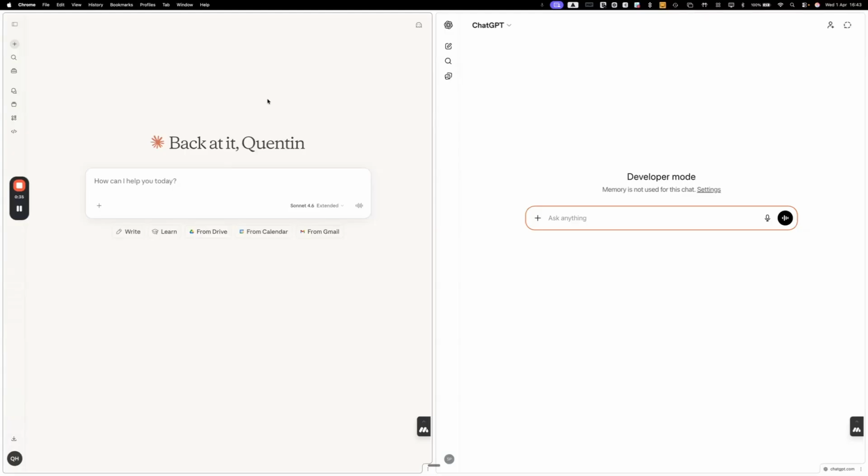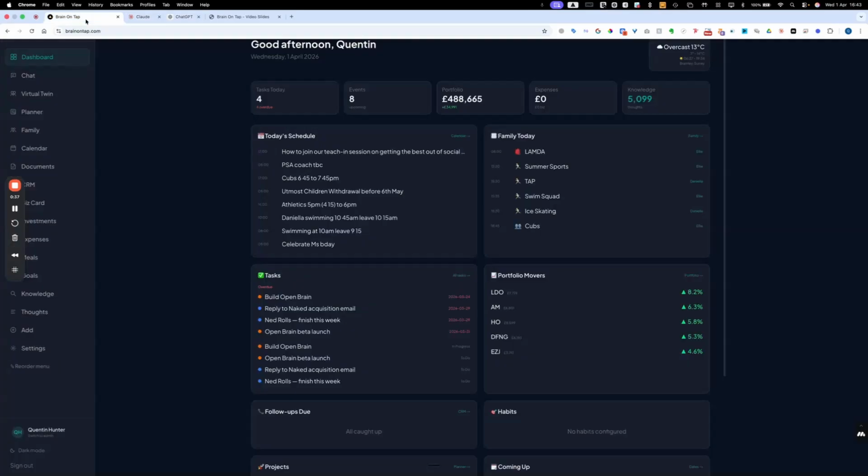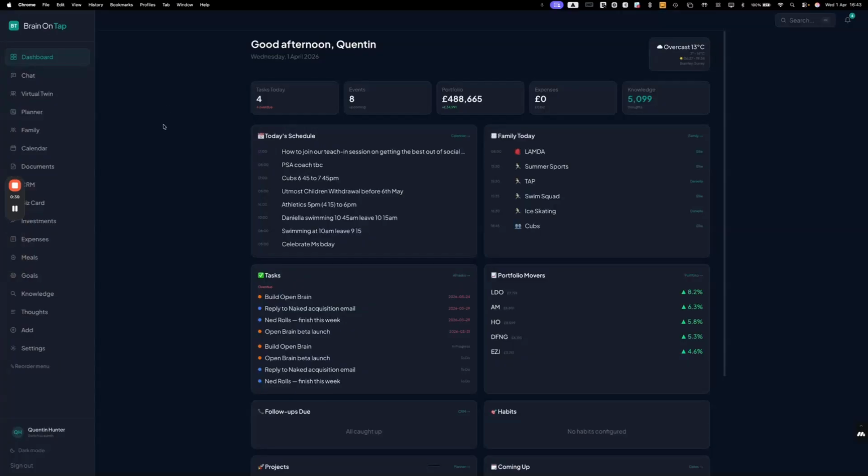There's no coordination. Well, I want to show you Brain on Tap, which solves that. What we've done is create a central database which has all your knowledge. It has your personal knowledge, your family knowledge, your professional knowledge, all in one place. And that's your personal database. All these things feed off each other and feed together, and the AI and the model we use understands and connects all the dots for that information and coordinates everything.